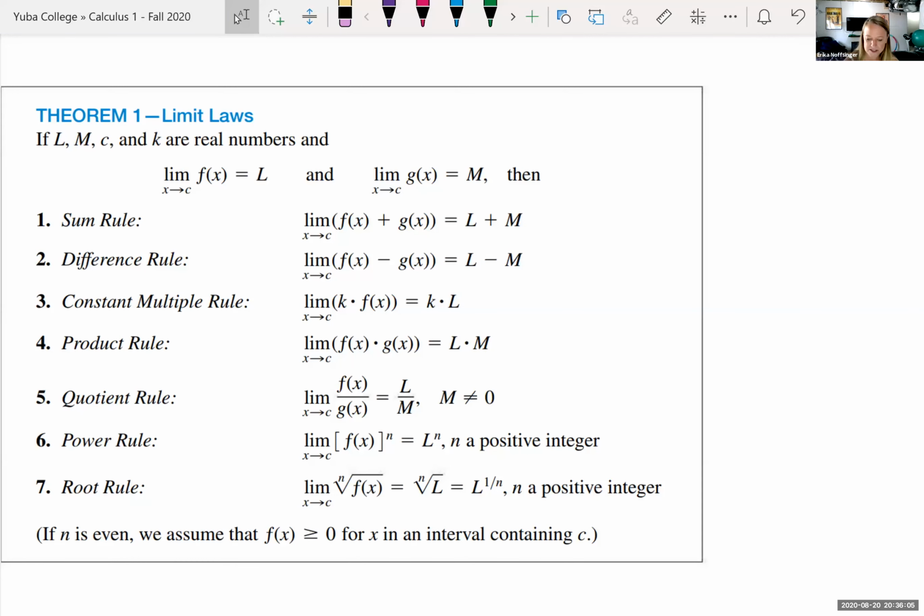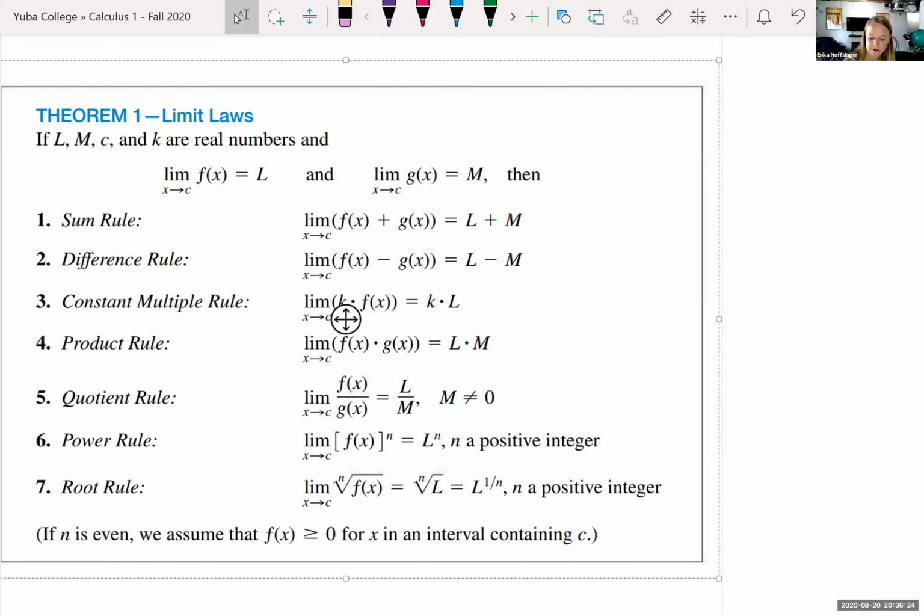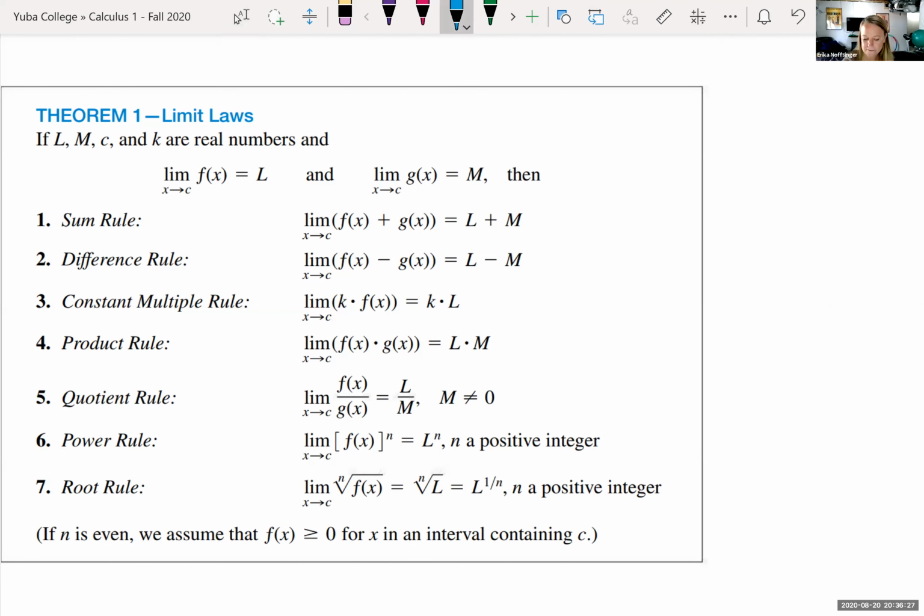And so we have some rules in here, and it says we're just going to let L, capital L and capital M, little c and little k, they're all real numbers. So we're not dealing right now with our complex number system. We're just dealing with real numbers. So it's telling me that if you have a limit as x is approaching some value c of f of x and you get back L,